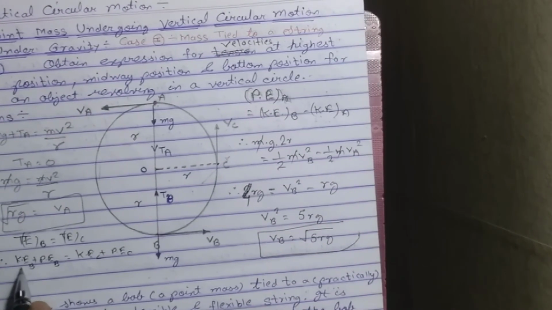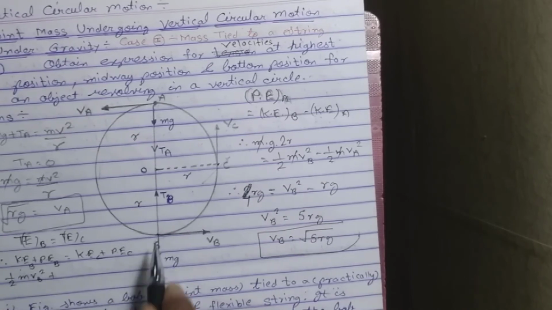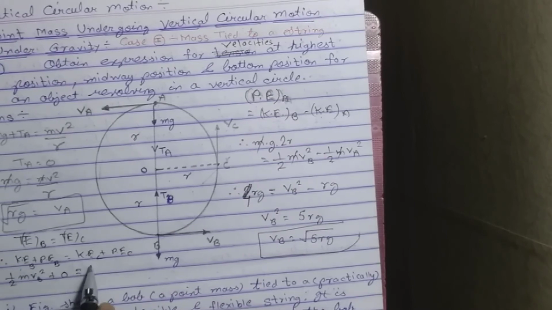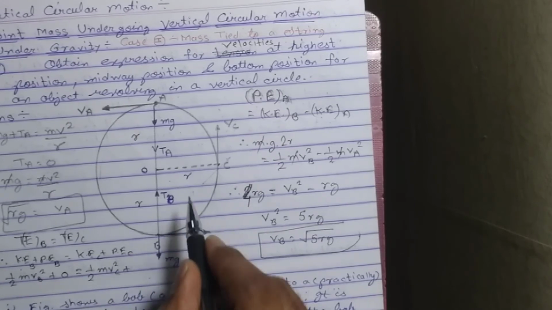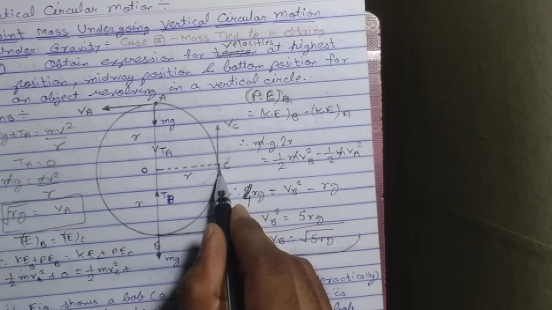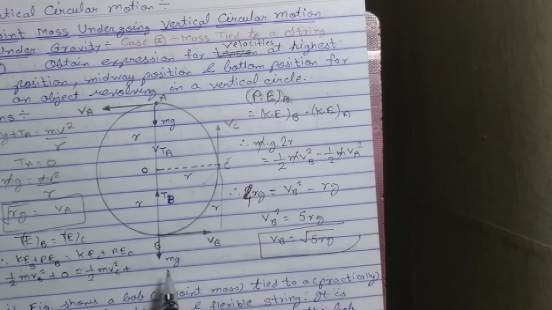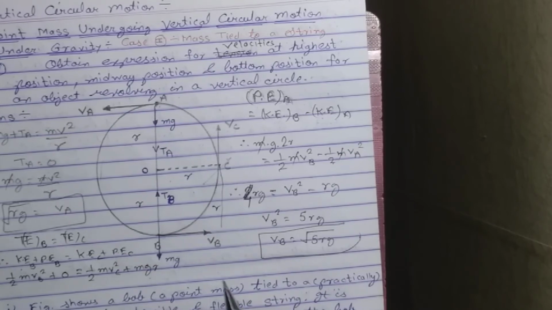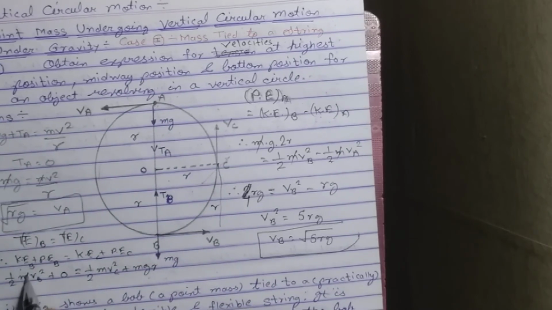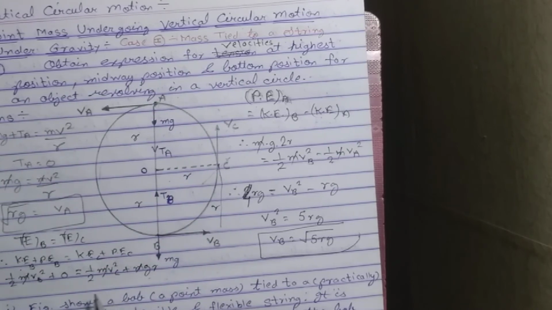Students, what is kinetic energy at point B? As I told you, half mvb square. What is potential energy at point B? It is always 0. What is kinetic energy at point C? As I know, the formula is half mvc square. And what is potential energy at point C? What is the distance of the object from the bottom? It is r. So what is the formula there? mgr. Students, we observe that m gets cancelled. After simplifying, we will get the answer. So students, I will show the calculation.